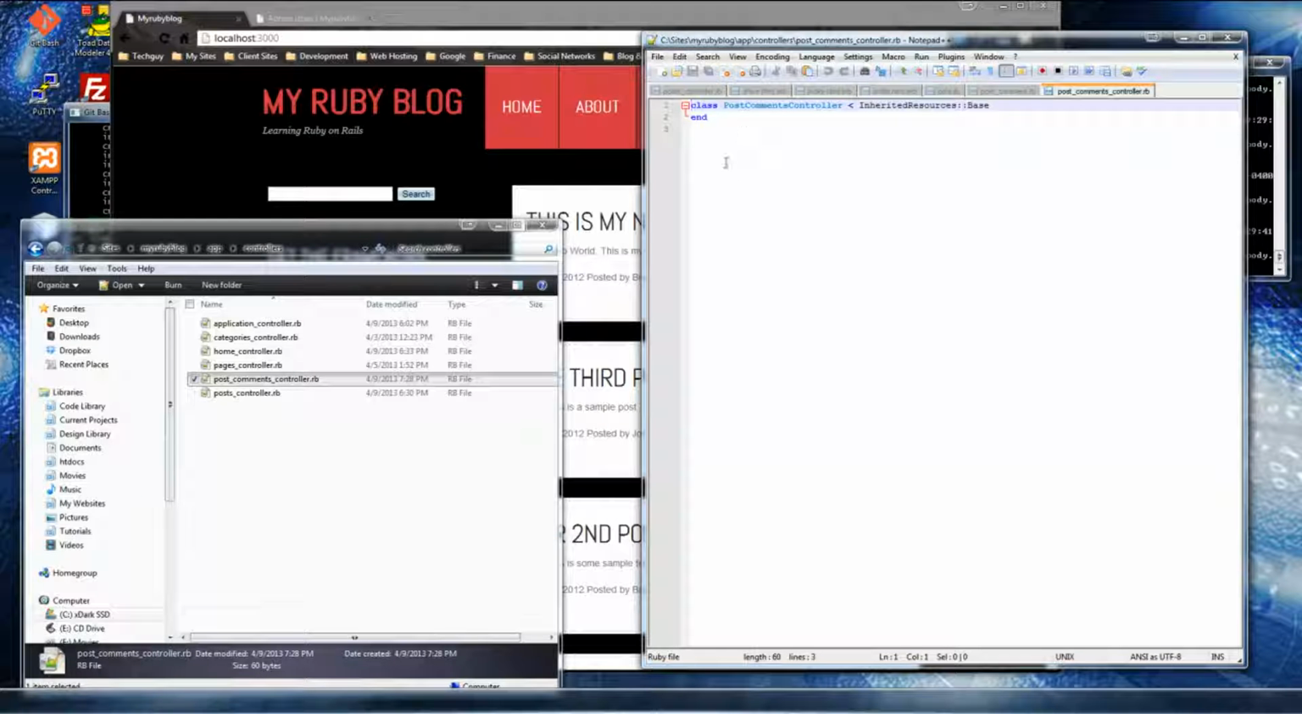We want to add, all we need to add is a create. Actually, yeah, all we need to add is a create, because we're not going to be doing destroy from the front end. That'll be done from the back end. So we just want to do